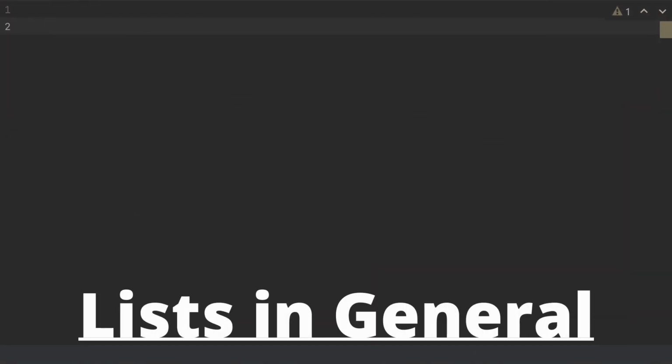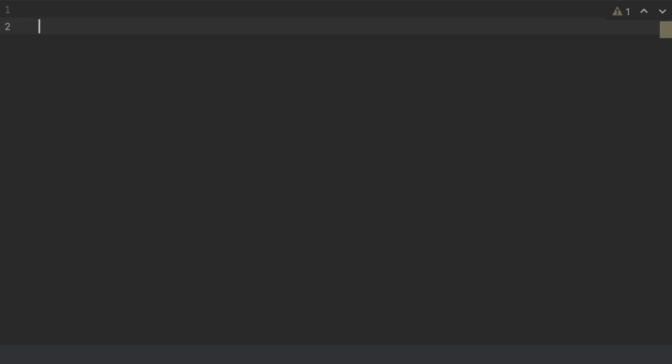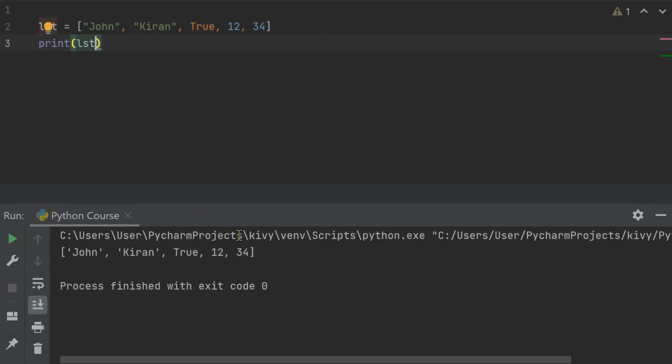Now, a list in Python is referenced with brackets, and inside those brackets, we insert different data types, like strings, boolean, numbers, and so on. So right now, I'm gonna declare a variable called lst, which stands for list, and I'm gonna put inside a name John, which is a string, then another name, Kiran, let's say, then a boolean value, which is true, and some numbers. Now if I print my list, I should get the list that I wrote over here, and yep,